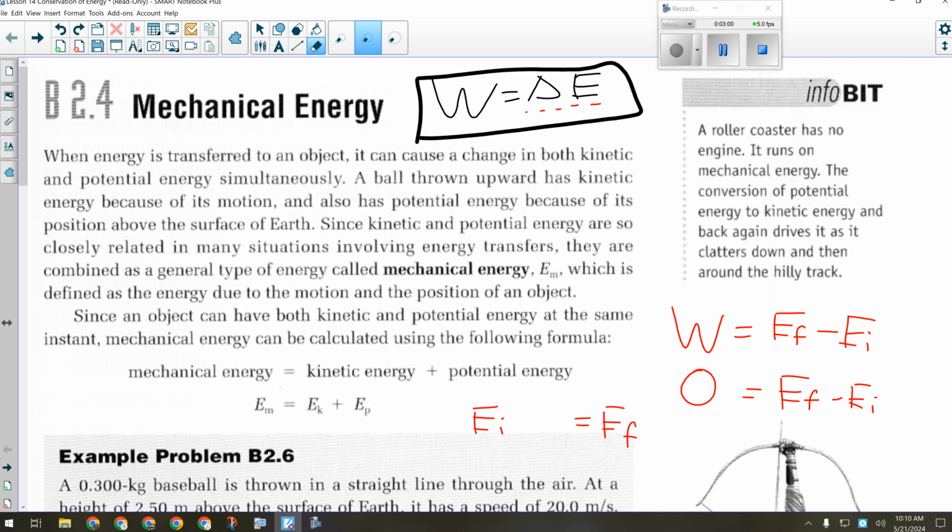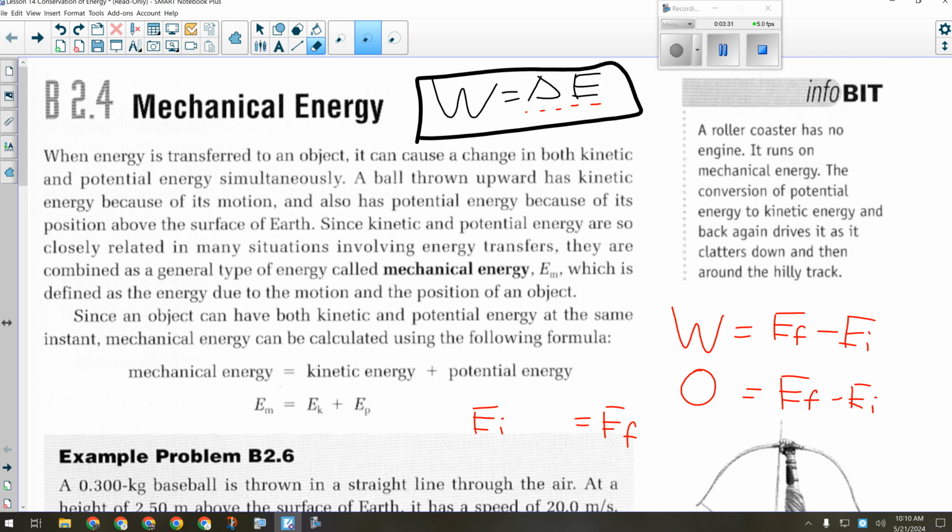The way you tell them apart is this. If the question gives you force, it's a work energy theorem question, automatically. You will never be given force in a question where energy is conserved, because forces change energy. If both the height and the speed are changing, if you're given both in a question, it's a conservation of energy question. You're never asked to do a work energy theorem question where both of those things change. This is kind of how you can tell them apart.